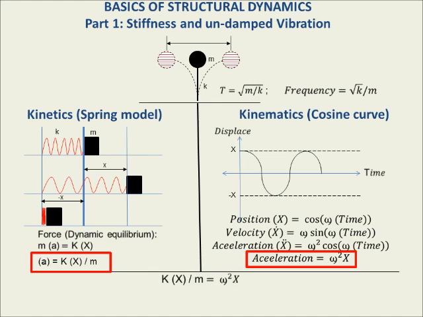So we say kx over m equals omega squared x. We cancel out x from both sides. The position x apparently doesn't matter. It's on both sides, so it can cancel out. And simply we can see that omega is equal to the square root of k over m. So that is how we come up with